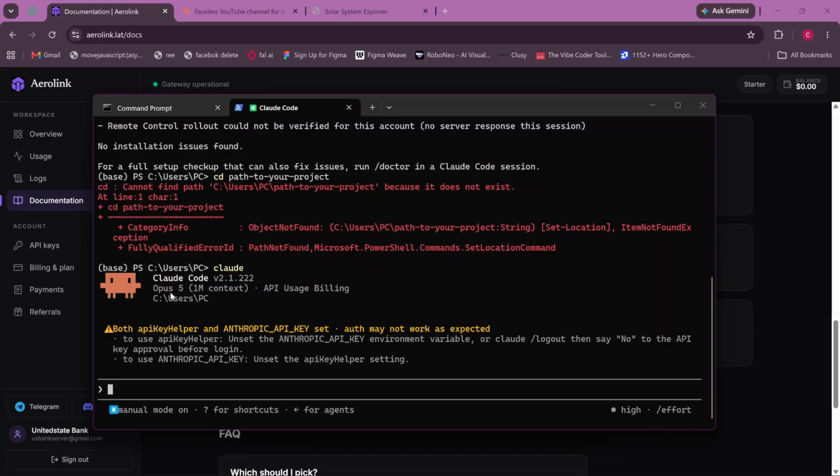Look at it. We are inside Claude Code. Now we are using Claude Opus 5, 1 million token context. API billing is directed to error link. So let's test out